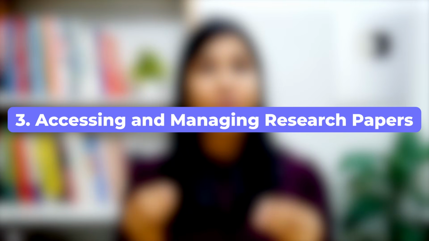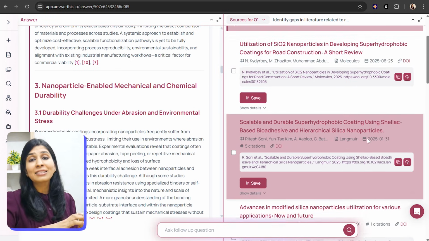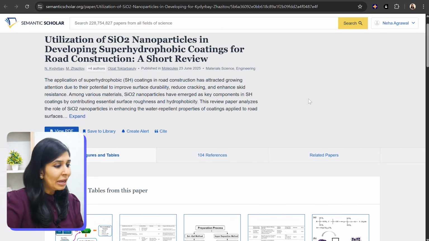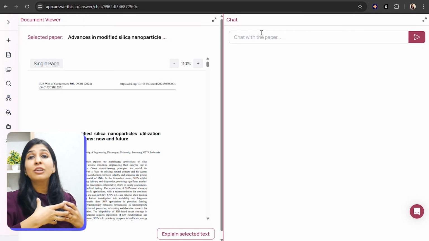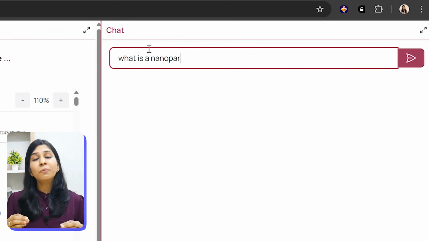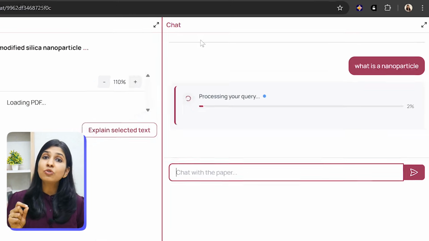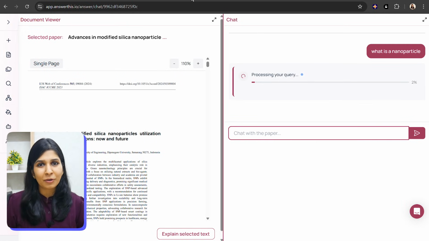The third feature is accessing and managing research papers. Now, once the results show up, I can see exactly which papers were used, dig deeper into them, save them into my library, and even I can chat with some of the papers if the PDF is available. This can be really useful because I don't just get an answer, I also know where that information is coming from.